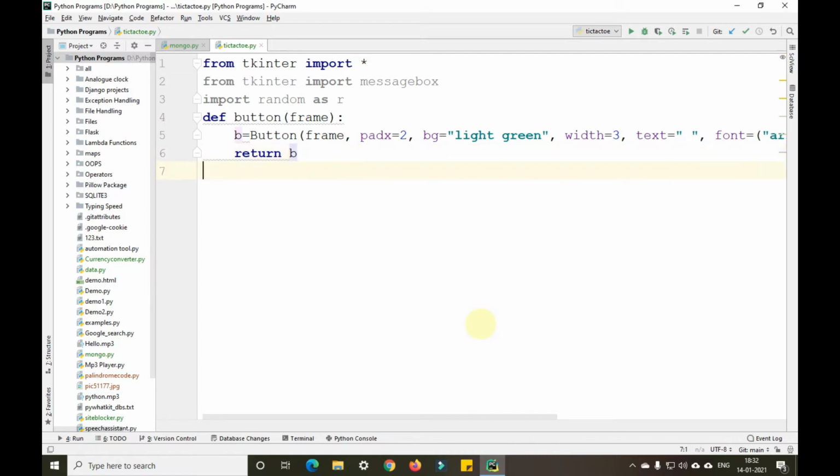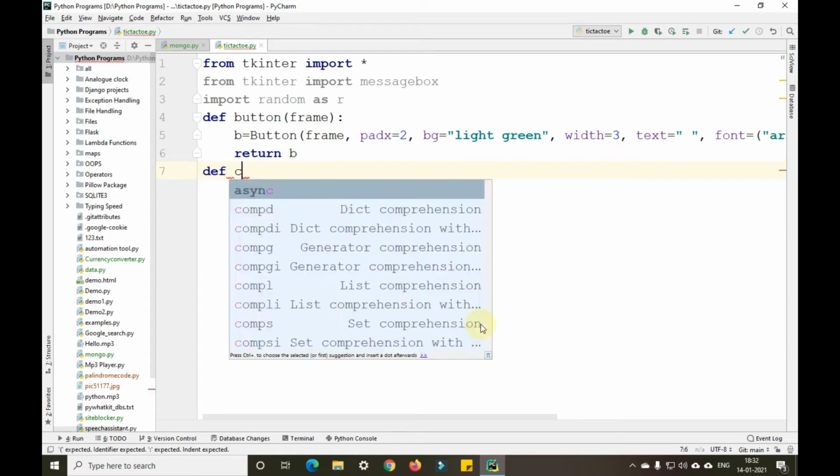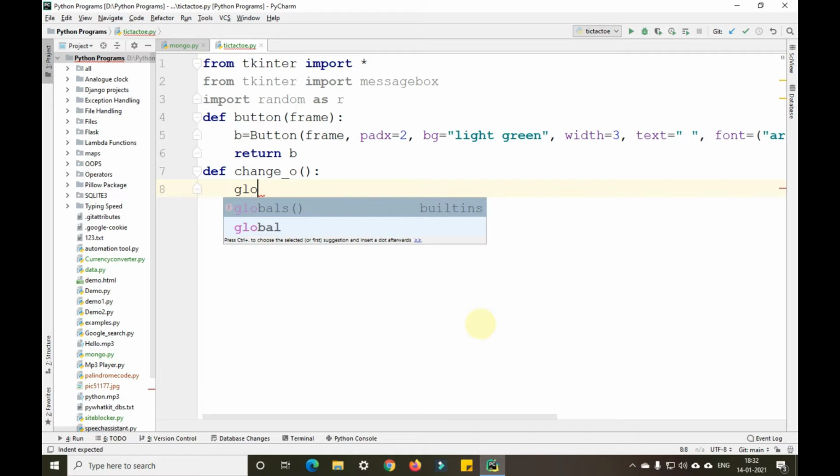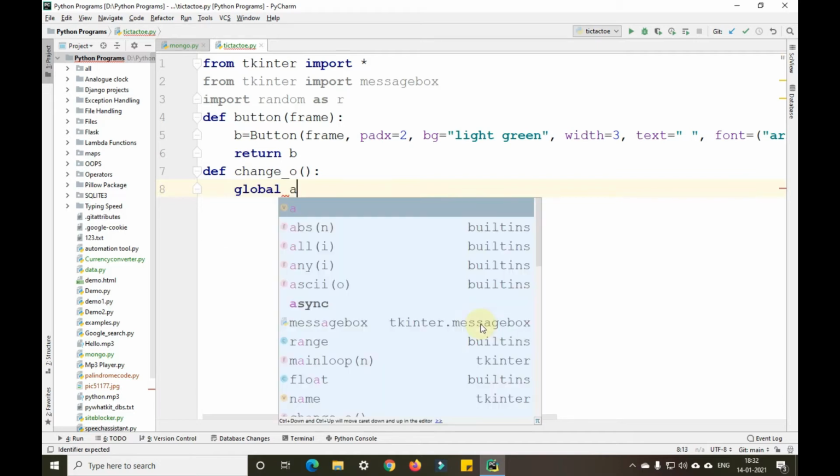Okay, after we have returned it, we'll come back and define another function called change_o, followed by a colon. We'll define a global variable here, global a.